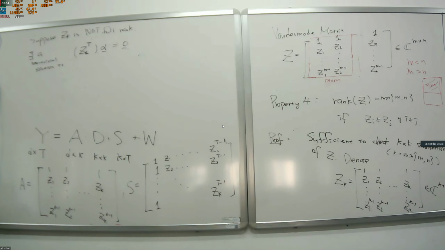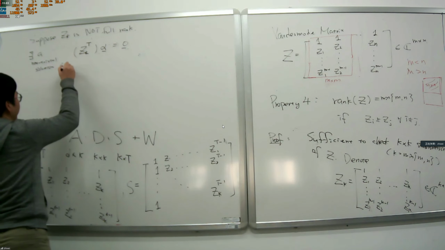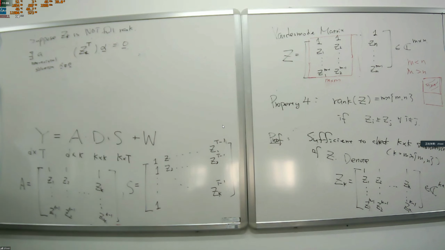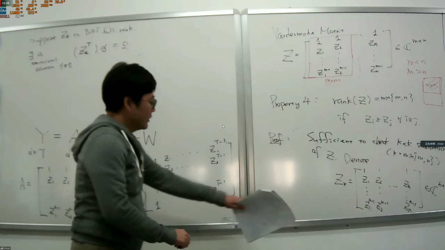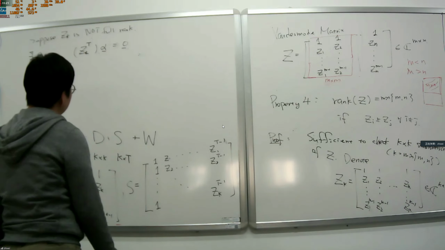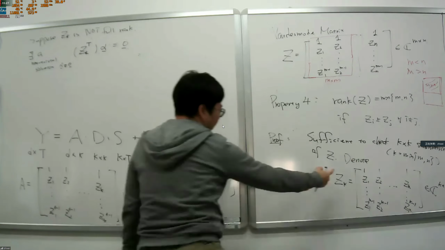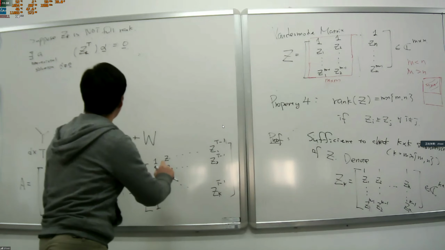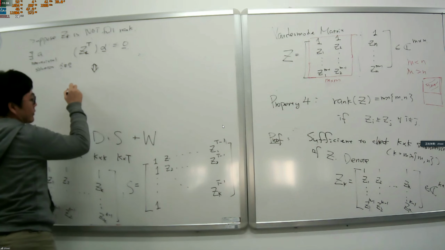If it's not full rank, then its null space is not empty, it's more than 0. Then there exists alpha not equal to 0 such that it holds, in its null space. If you look at Z_k transpose, each row of Z_k transpose is each column of Z_k. So this condition is equivalent to we have